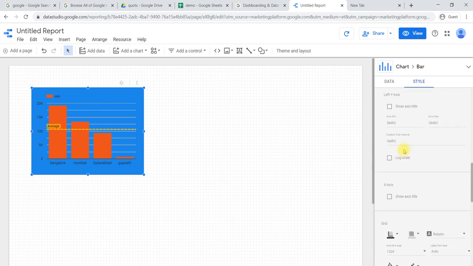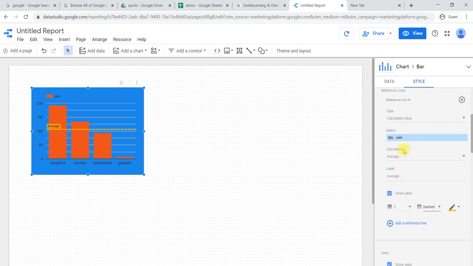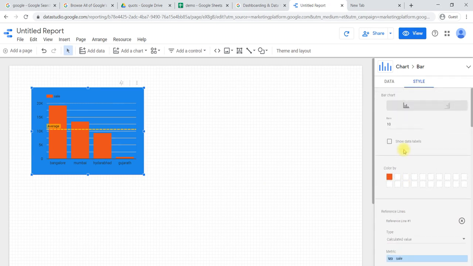And for example, if you would like to show the value, to show data labels, here you have to activate it. For example, how much sales have happened in each region, if you would like to know that, then here the show data labels option is there. If you select that one, it will show how much the value is in each of the locations. This way we can format the entire chart by using a style.